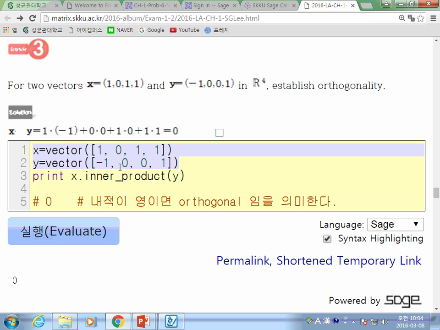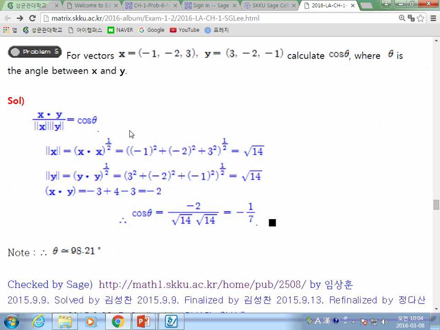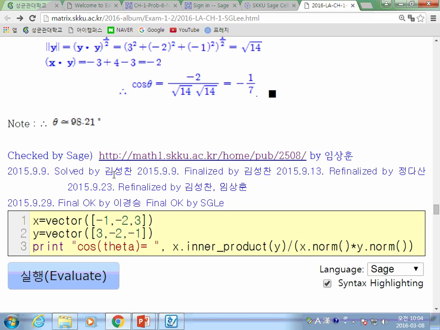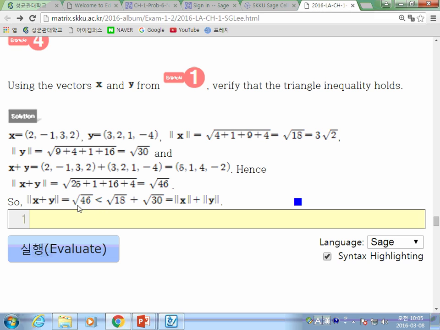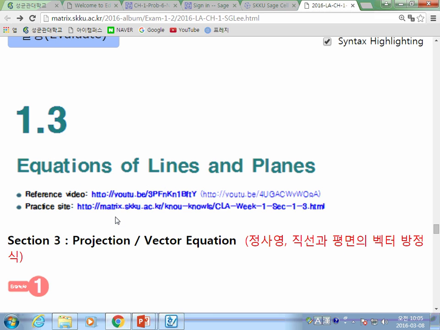Okay, these concepts are used to find the projection, and you can find the angle between the vectors like this. But also you can check the vectors in not only R3, but also vectors in R4 or R5. You cannot draw it on the paper, but still you can find the angles between those vectors in R4 or R10 or R25. You can find the norms and the distances, and also here.